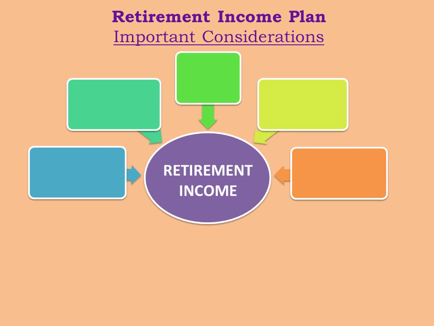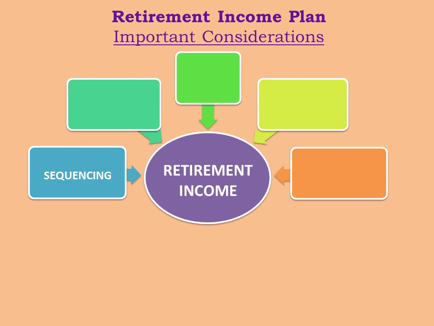When considering your retirement income plan, you should take into account these important aspects. Sequencing. You will likely be drawing income from more than one source during your retirement. How much and when you receive this income is very important. For example, when should you take your Social Security? As early as age 62? Should you wait until age 66, which is full retirement age for many people? Or wait until age 70 to maximize how much you will receive?